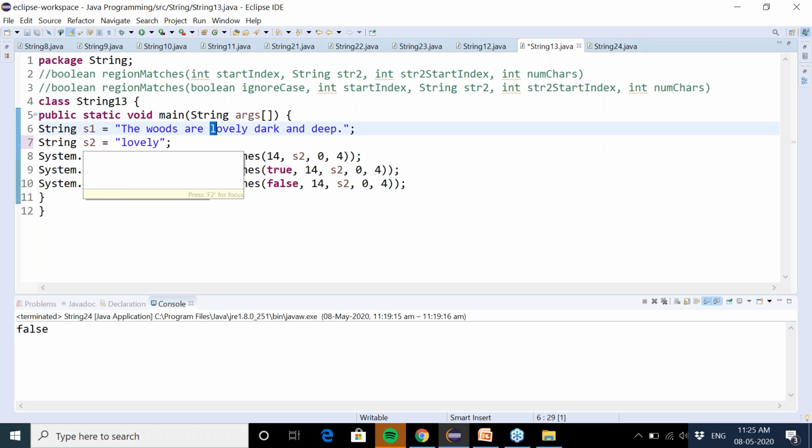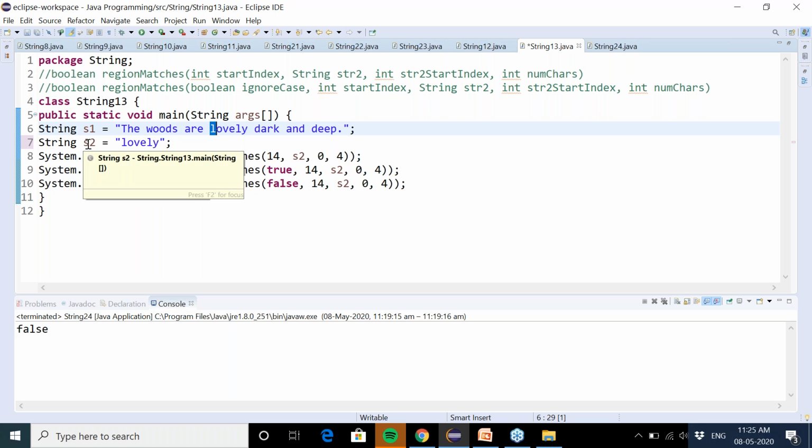We want to match the string starting from index 14 with the string s2. So in s2 we have lovely, right? Then the starting index of the second string. Starting index of the second string is 0. We want to start from the 0 index.